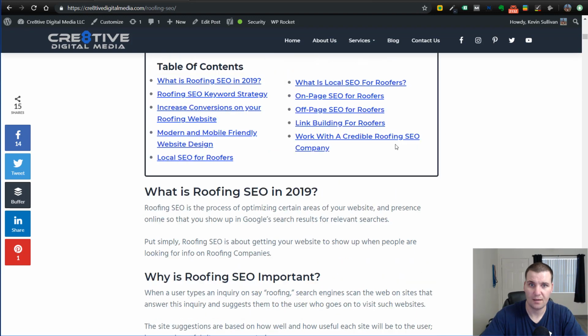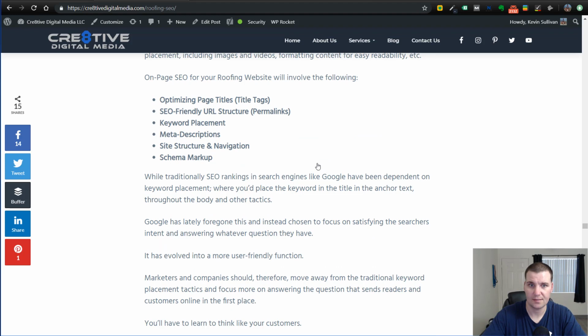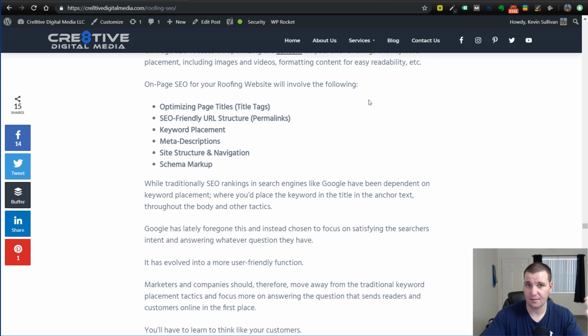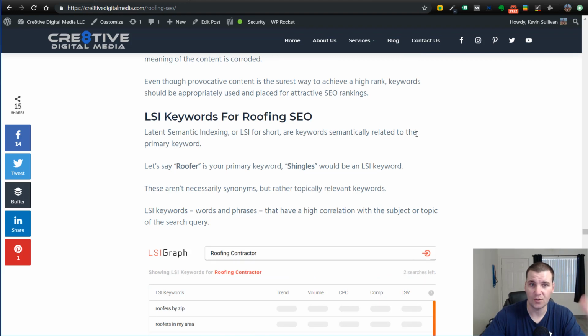So scrolling back up to table of contents. If I click that link, it just jumps right down. This table of contents is a block from Gutenberg, which is in the WordPress editor. It's just the table of contents block from Cadence. It's a plugin that I have that adds additional blocks to Gutenberg, which is the editor for posts and pages